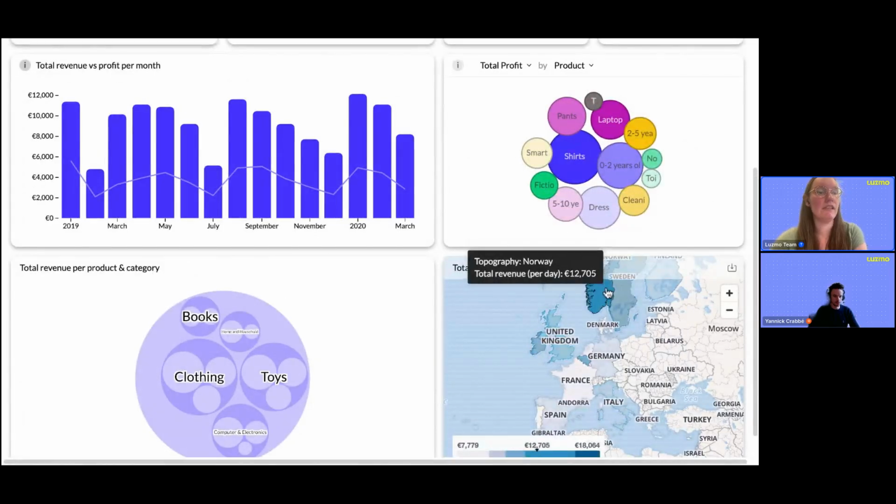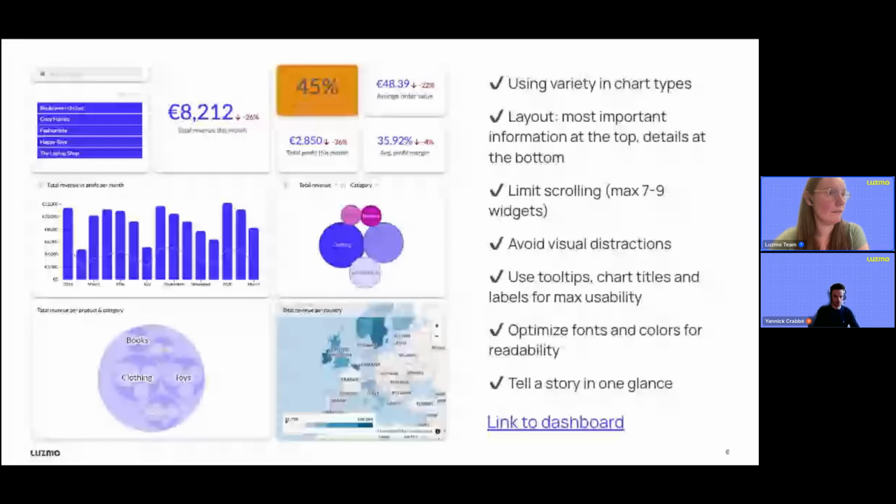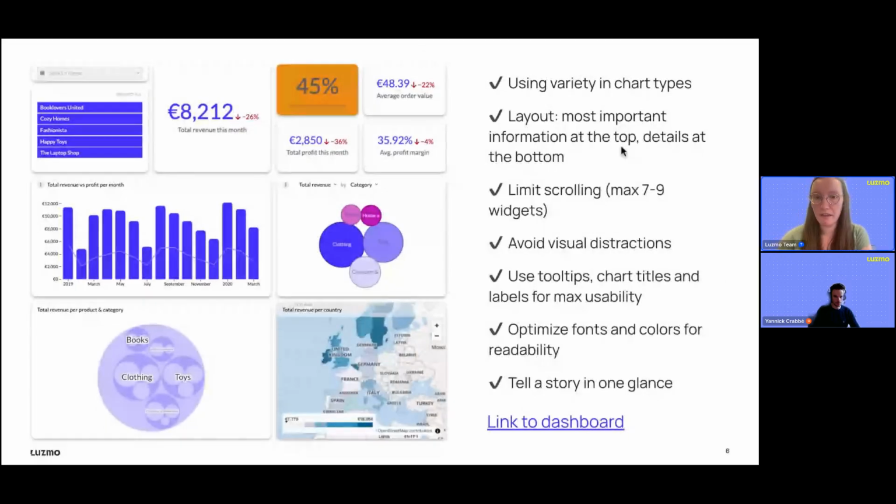It's way easier to see adjacent markets doing very well, like, for example, the Nordics here, and some less performance in the more southern markets in Europe. So using the right chart type there can also be a great tip. I think that's all in terms of the